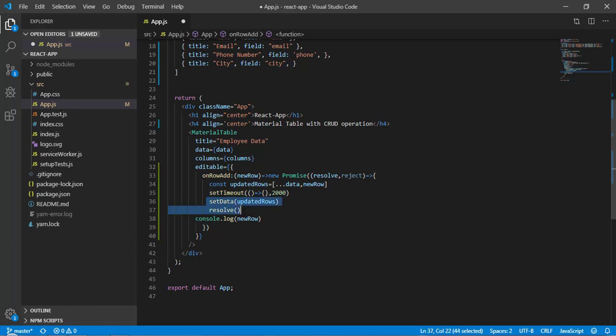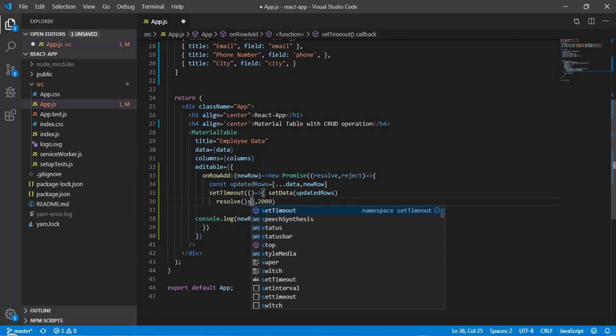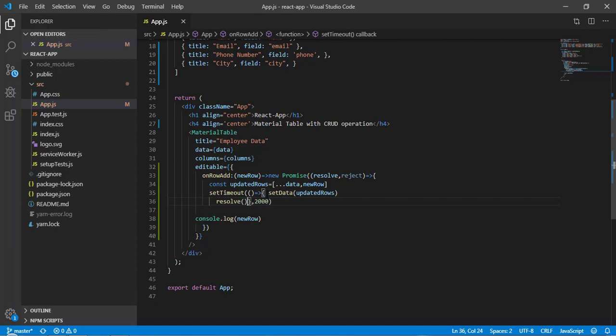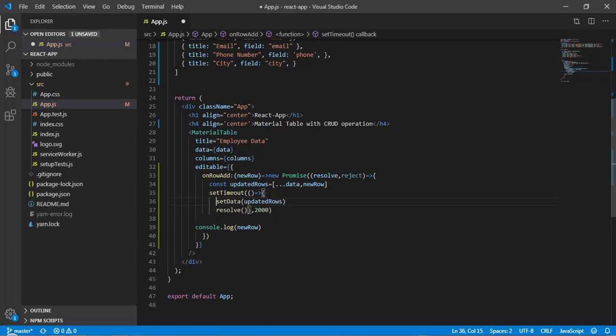Okay, so now let's move this code inside this. Okay, now save it here. So what basically it will do is it will do this operation and it will wait for 2 seconds to resolve and update the state.